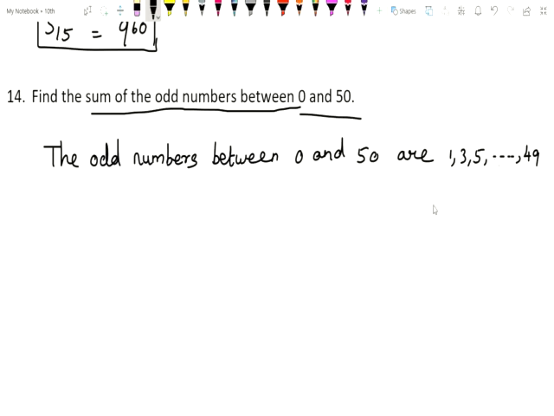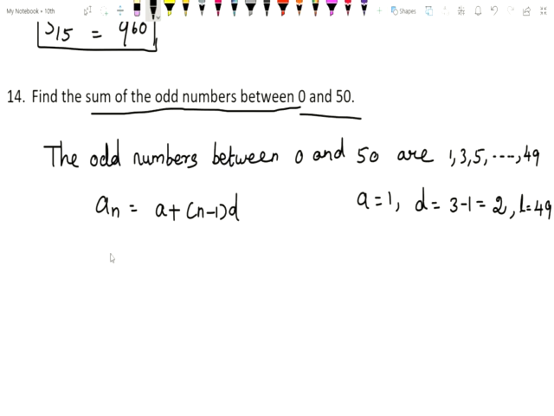Okay. So first we need to find out the n, because sum of the odd numbers. So how many odd numbers are there? First we need to find out. Okay. After that, the sum of the odd numbers we are going to find. So you know that an equal to a plus n minus 1 into d. From this sequence we can find a value, a equal to 1, d equal to 3 minus 1, what you will get, children? 2. And then here last term is given, L equal to 49.